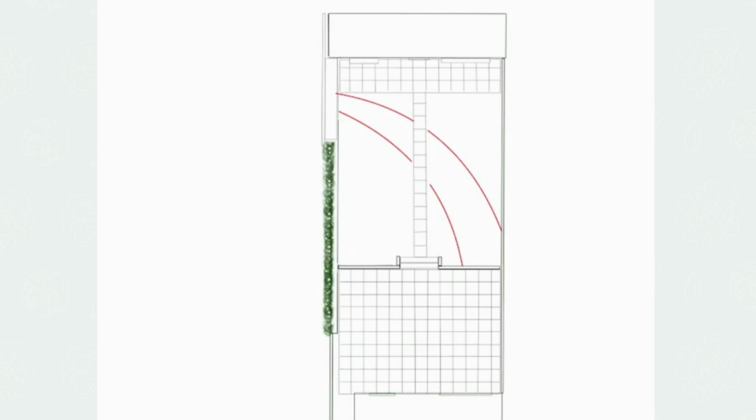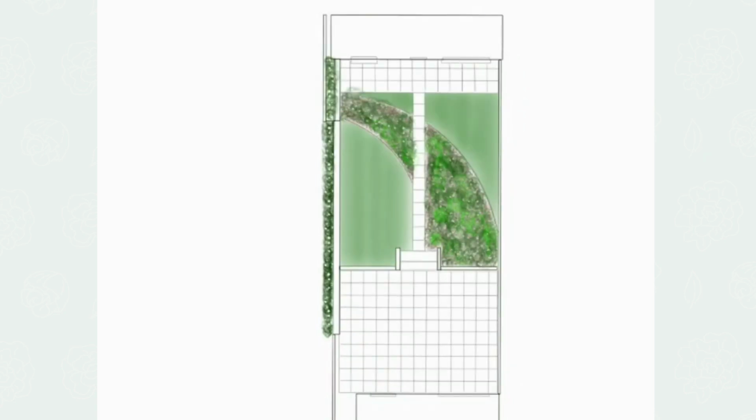So again, I can put some planting in, and this planting would be vertical and soft and would dance and move with the wind, so it wouldn't be a really dense barrier. We want to see through a little bit towards the end of the garden. So how would that fare? Does that feel like it looks good? Well,